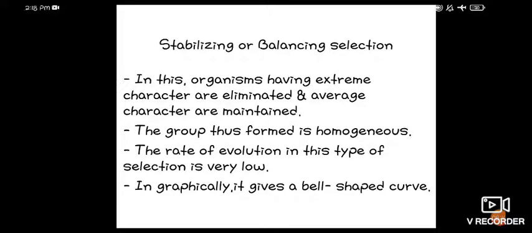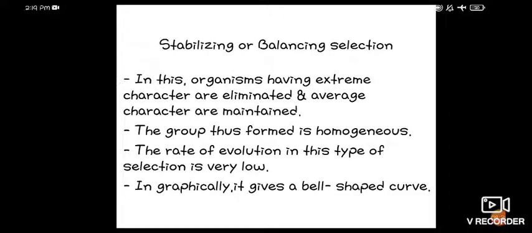That means the different or modified characters are eliminated, but the average characters are maintained in the population. Thus, the group is formed in a homogeneous manner,